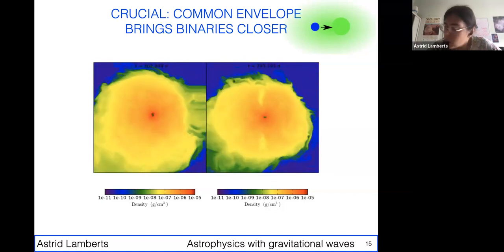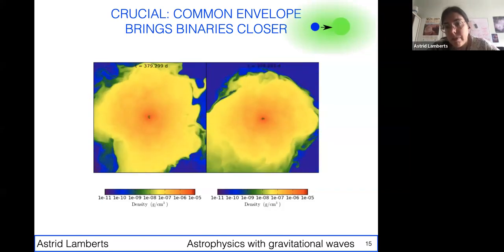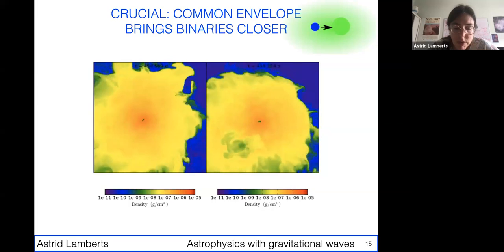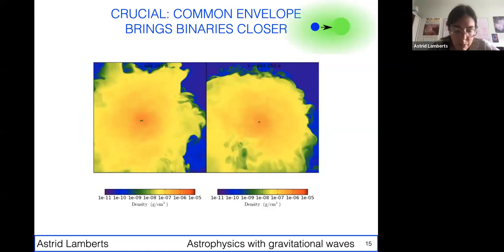So this is a simulation for a low mass binary. It's actually really hard to simulate these objects, and for massive stars, we're still struggling with it. Also, it's very hard to observe these things because they're short-lived. We don't have many massive stars, and this phase is short-lived. So if you combine these two problems, it means that we don't really get to observe these phases.